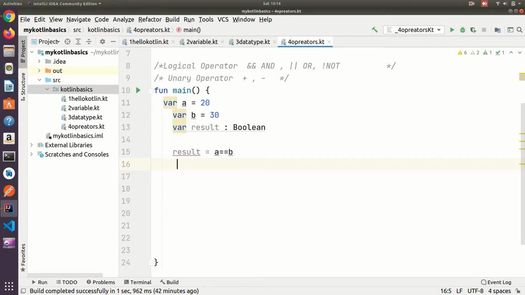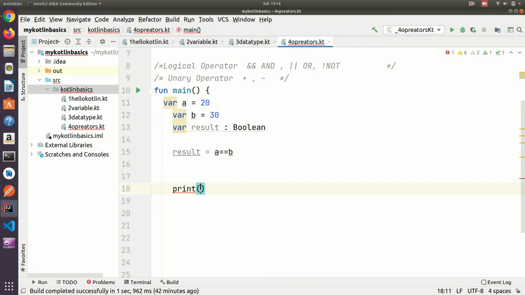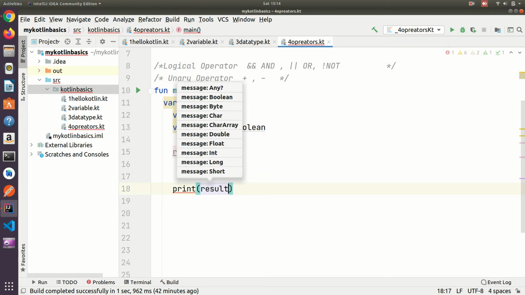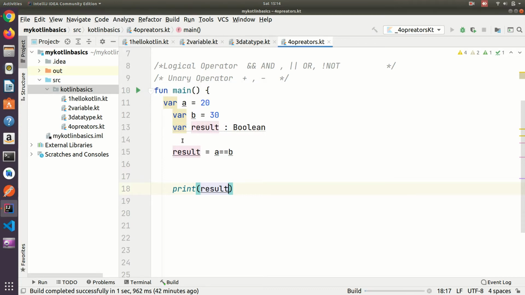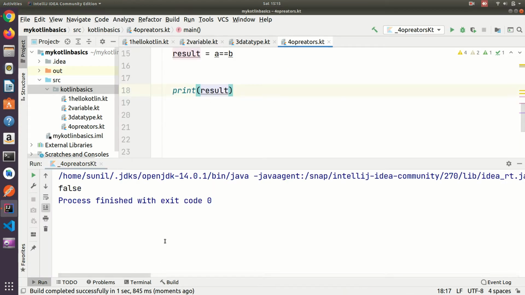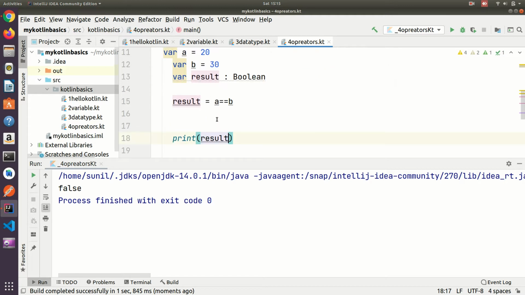So if both are equal, then it will print true as the result, else it will print false. False, because a value is 20 and b value is 30.